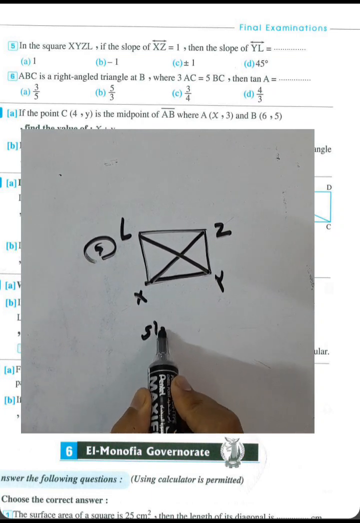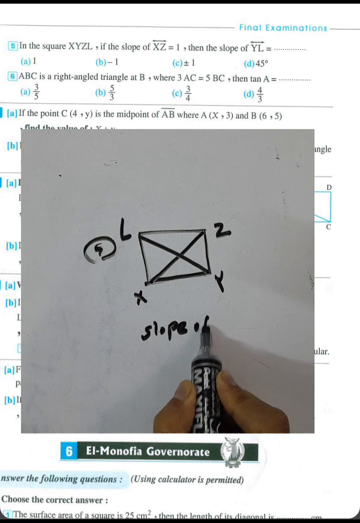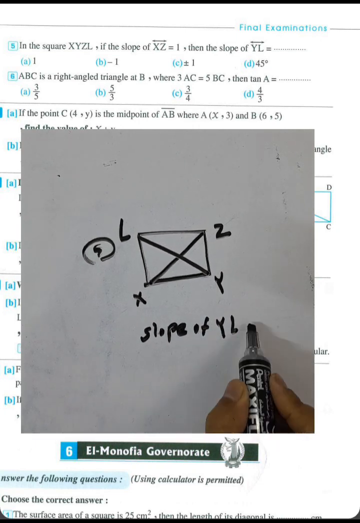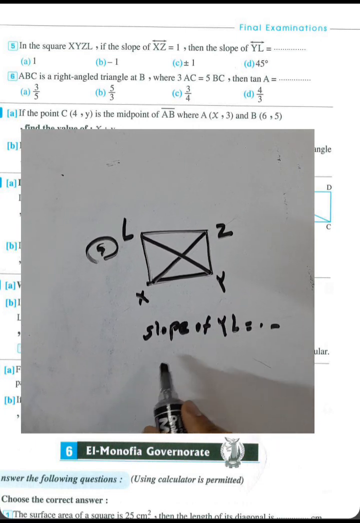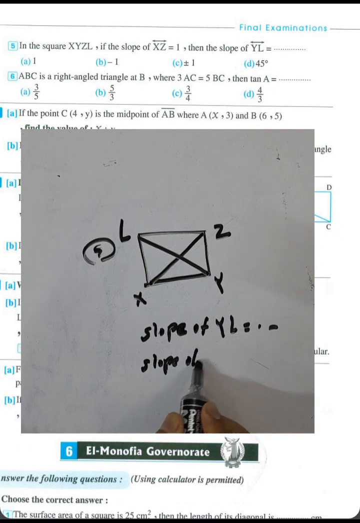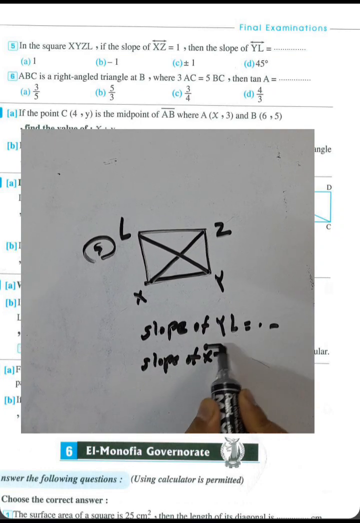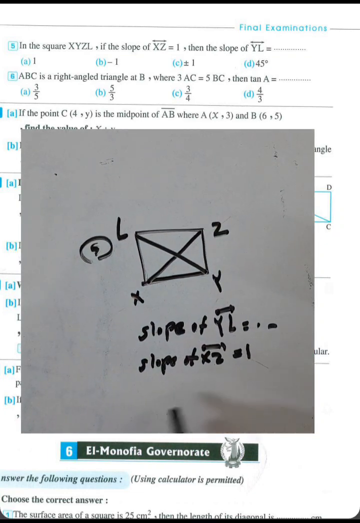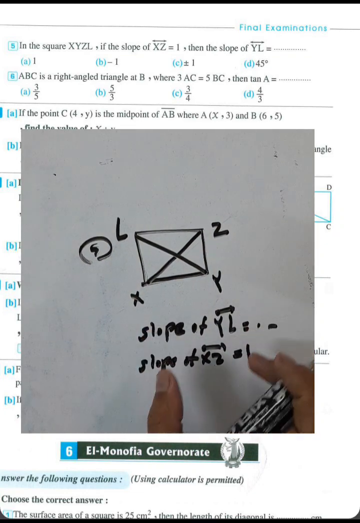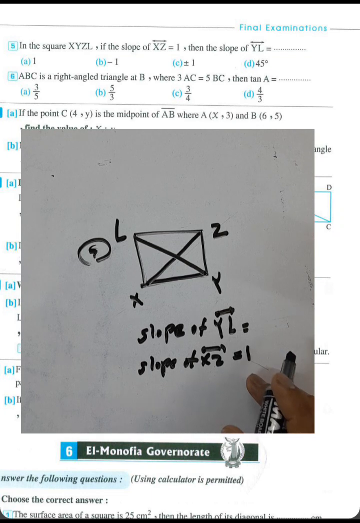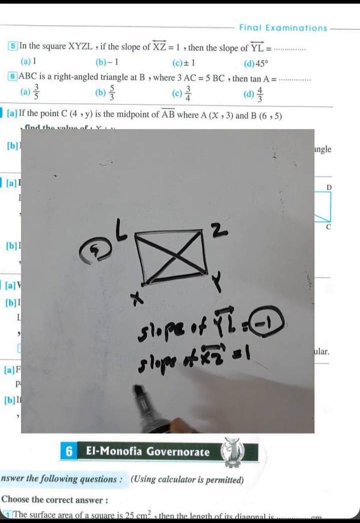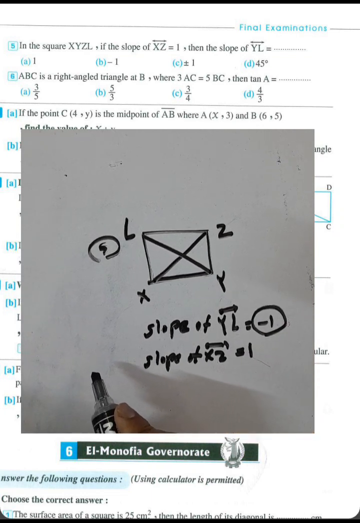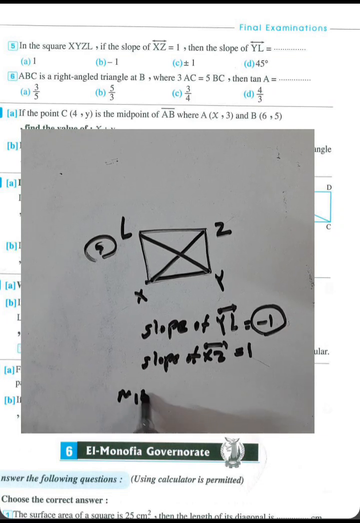The slope of YL equals what? They give us the slope of XZ here, which equals 1, and the slope of YL will be the negative inverse of this fraction, which is negative 1. Then the slope of YL will be negative 1, because slope 1 multiplied by slope 2